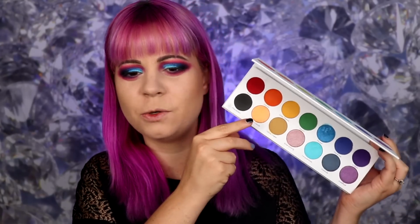And then I think to finish off, I'm gonna take a little bit of orange calcite. Is that how you say that? Calcite? I'm not sure I know what that means. Who am I kidding? I'm gonna take a little bit of this in the inner corner of my eye and